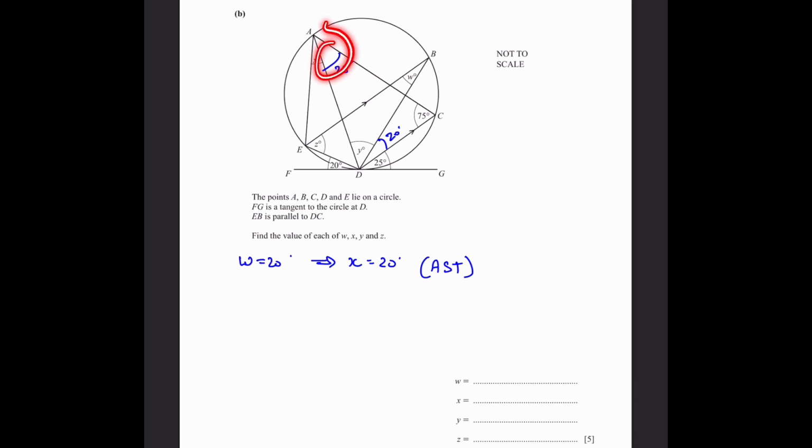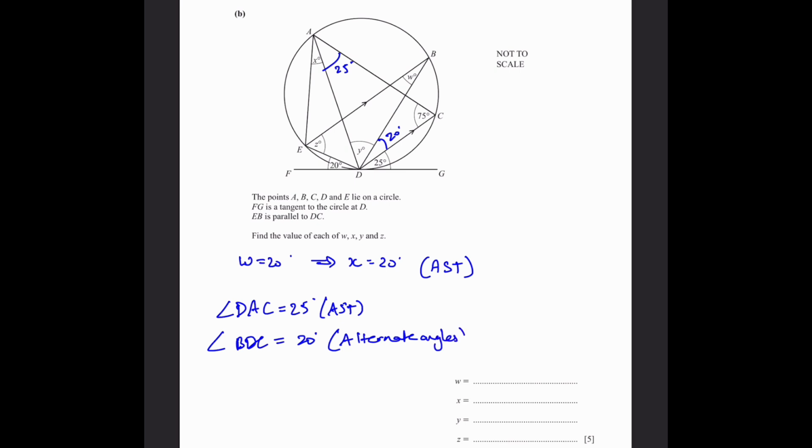Now we have 25, 75, 20, and Y. How do you make sense of these angles? We see a triangle ACD. All these angles added up is equal to the sum of angles of a triangle, which is just 180. And therefore, Y can be found by subtracting all of these angles from 180. So the angle DAC is 25 degrees from the alternate segment theorem, and angle BDC is equal to 20 degrees due to alternate angles